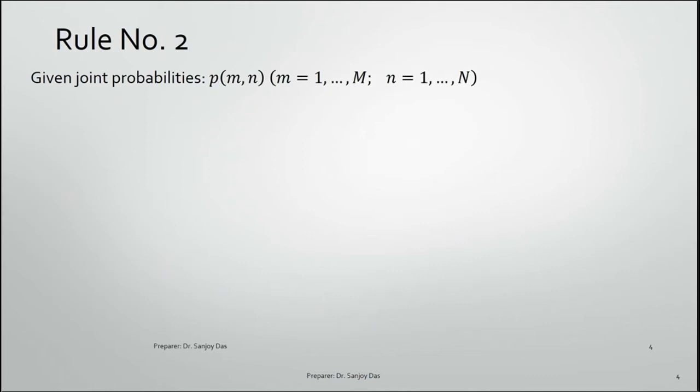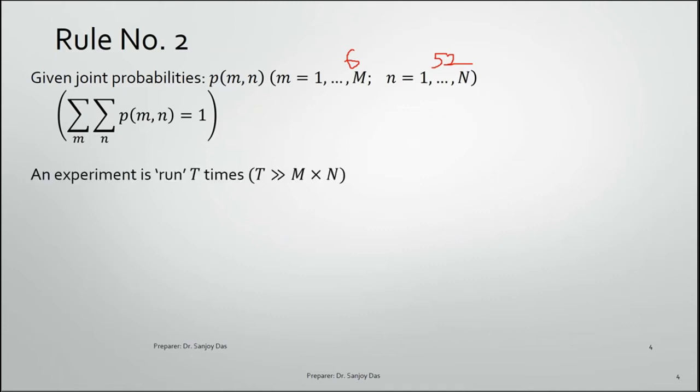Rule number 2, again, a similar situation. We are given joint probabilities of m and n. And m is maybe the roll of a die, so 6 outcomes, and n is the drawing of a card, so 52 outcomes. And obviously, the summation over m, summation over n, of P(m,n) equals 1. Now suppose we